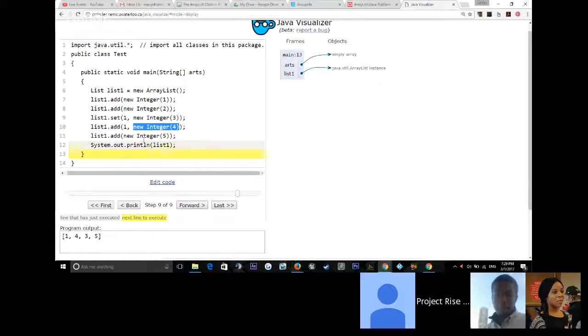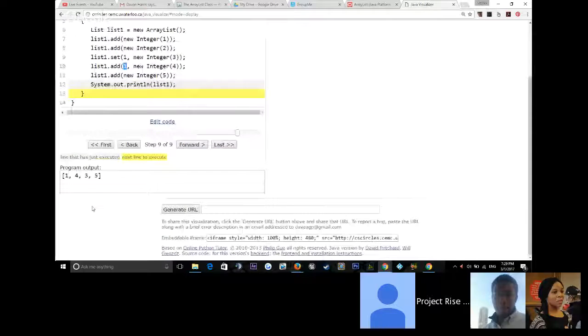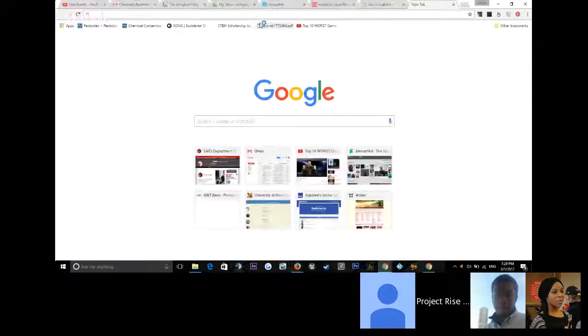It inserts the element at that particular index, so at index 1, but it also shifts any elements that are at the current index, and all those elements from the current index to the end of the list, it shifts them to the right, so you have an open space now. Think of it like I had